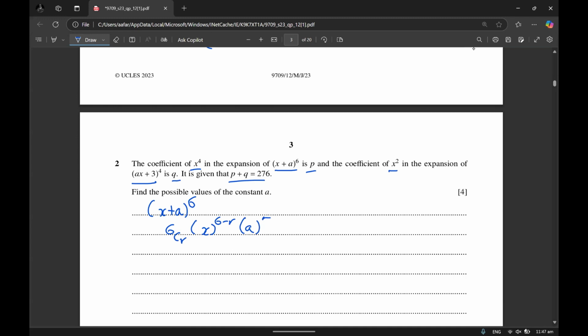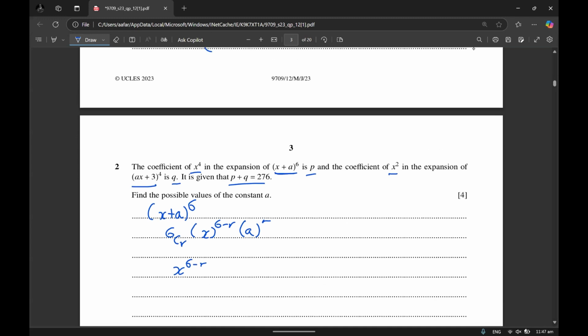a power r. Basically, the power of x will be x power 6 minus r in this expression. So this is very useful. If we need to find x power 4, we just find r. In expressions where there's a 1 over x, this becomes very useful, just do x power 6 minus r and 1 over x divided by x power whatever r there is. So this becomes easy. Now we know that the power of x will be 6 minus r, and we need to find the power of 4. So we equate x power 6 minus r is equal to x power 4. Since the base is the same, we can write it as 6 minus r is equal to 4. Then r becomes